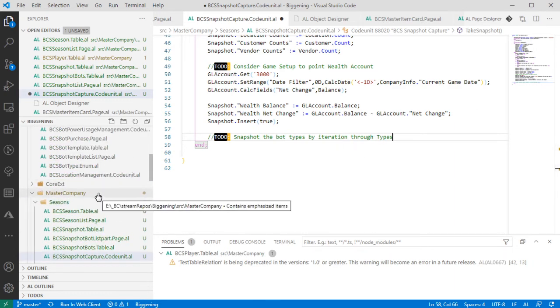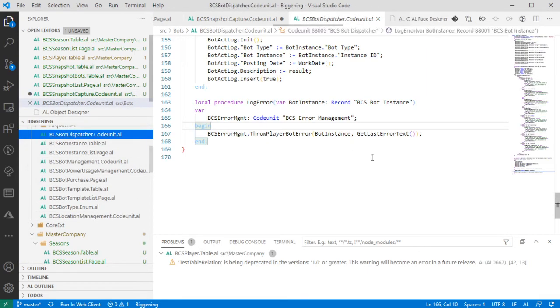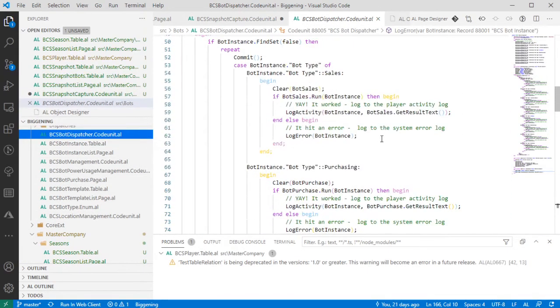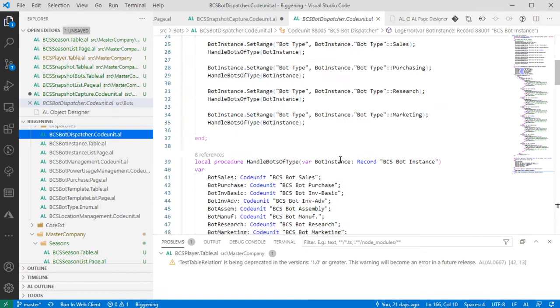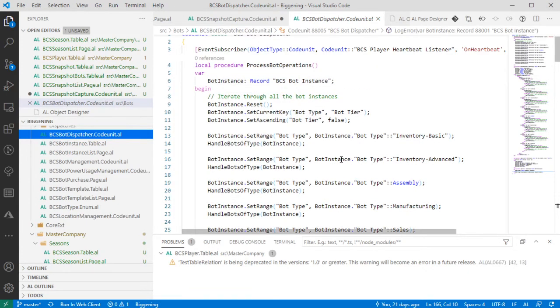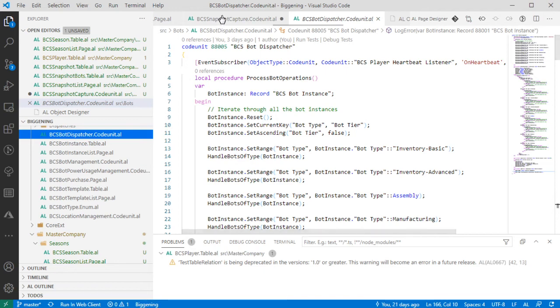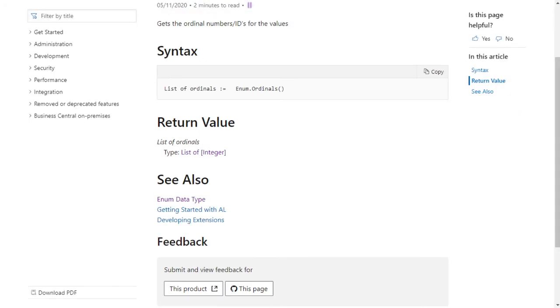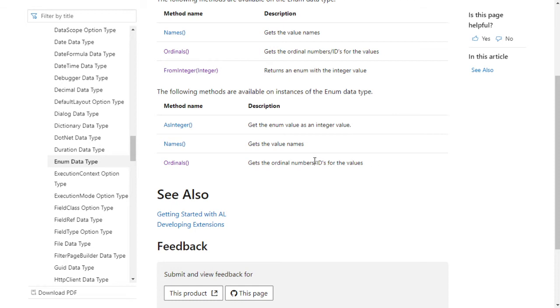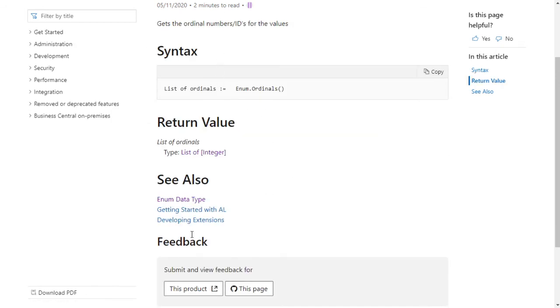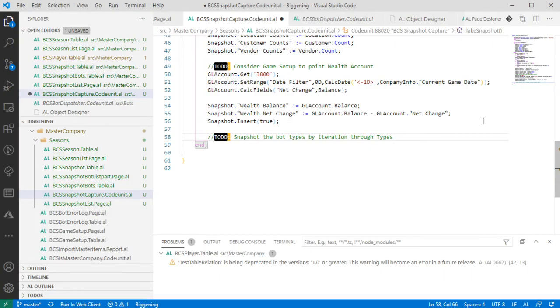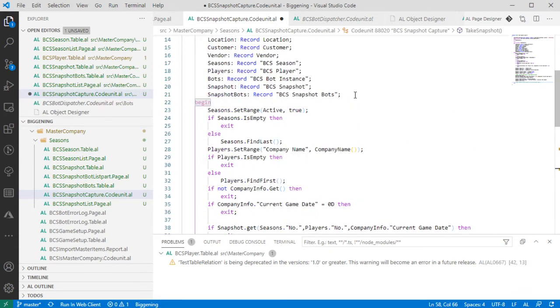I feel daffy about that because I swear that I had code in our dispatcher to do stuff like that, but that is also going through all of the bot instances and just checking with a case type there. So, well, that's wacky. Well, I mean, we could try it real quick. I've got a few minutes left, and I don't think anything else is going to fit into the time, I'm afraid. So let's do a little